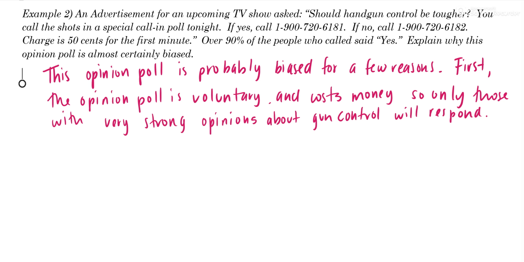So here's the deal. There is an advertisement for an upcoming TV show. So presumably the people watching TV are people who watch this particular TV show. Well, I don't know what this TV show is. It could be like a TV show about why guns are terrible. Well, okay, if that's what the TV show is, then of course the majority of people watching this TV show are going to say, yeah, we need more gun control. I just don't know. And so the second issue here is because this poll was advertised in conjunction with a TV show, we don't know if the viewers of this TV show are representative or not. In fact, we're going to go ahead and guess that they are not. So secondly,